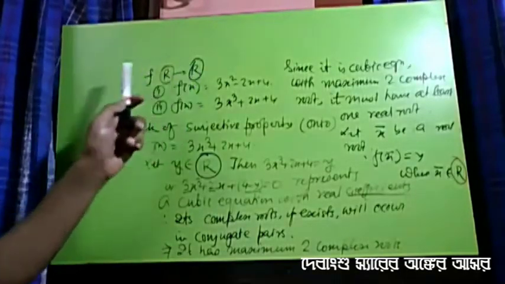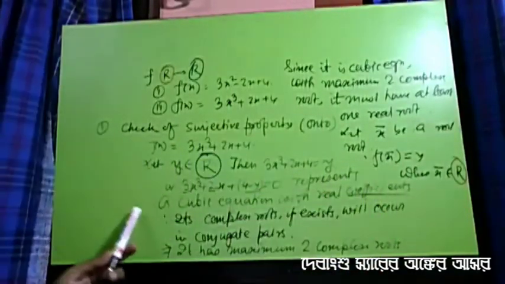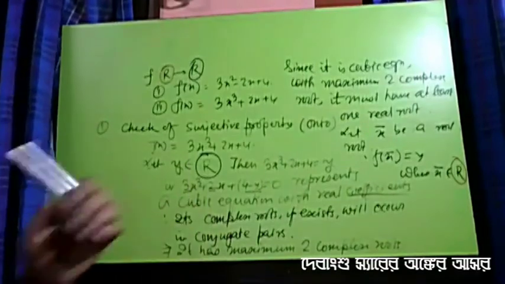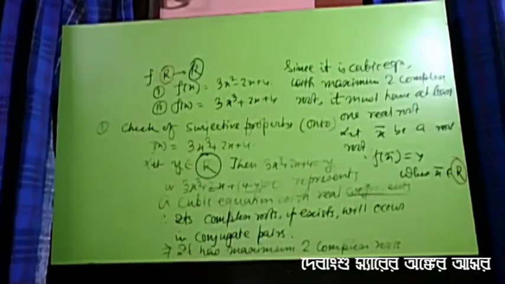Mapping is bijective. That is, all elements of this set have a pre-image. So we use the properties of the theory of equation to establish the bijectiveness of this mapping.